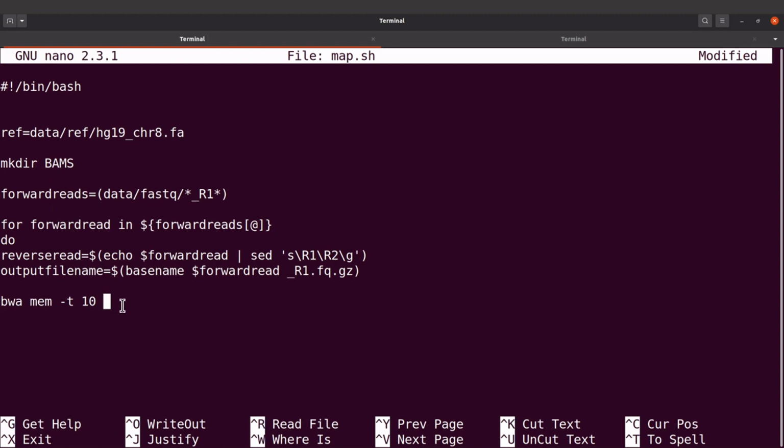And now we can add our reference, which is $ref, and then I'll bring my forward read, and then reverse read. Now I will sort the output here. So I'll add my pipe, and I'll say samtools sort with number of threads to be 10. I'll say -o, and -o I'll say